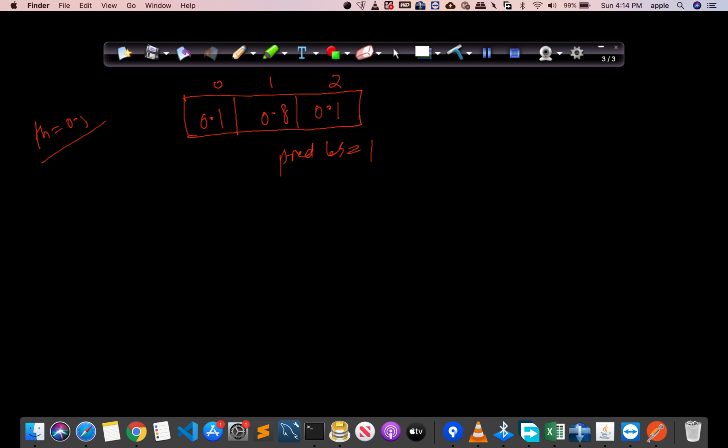This cell corresponds to class 0, this cell to class 1 and this cell to class 2. Since the probability of this cell is greater than the threshold 0.5, our model will say that the data point xi belongs to class 1. But suppose our actual label is 0,